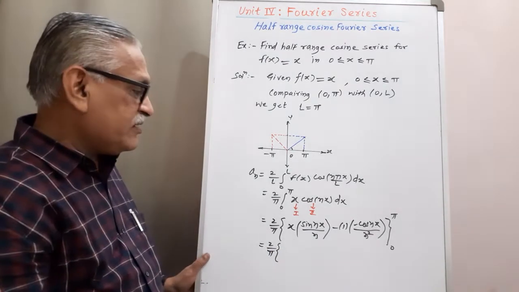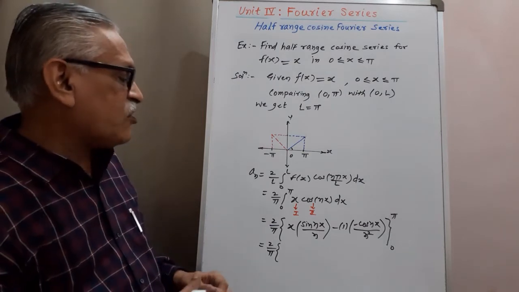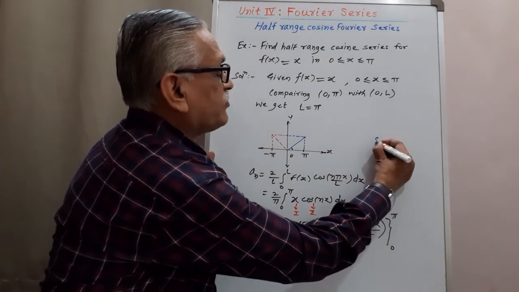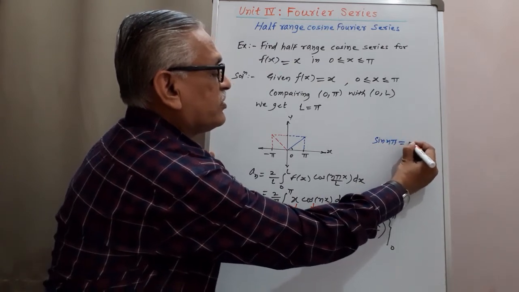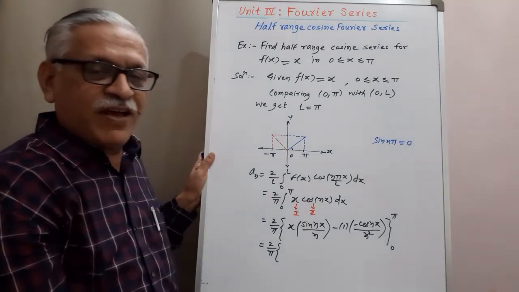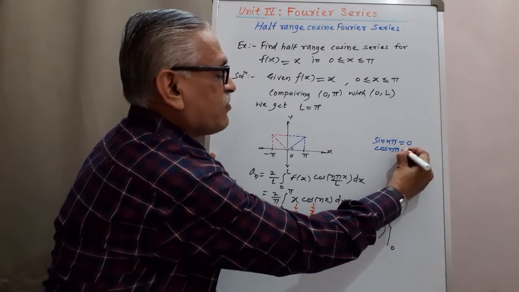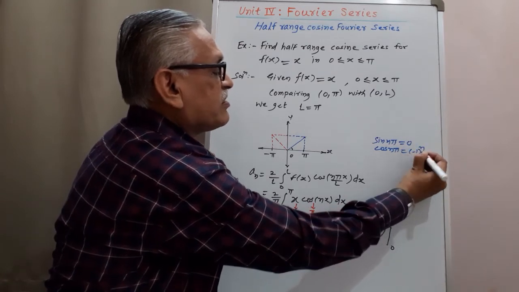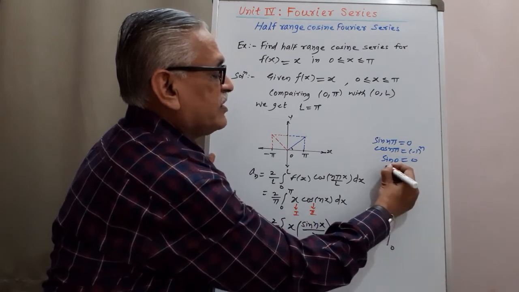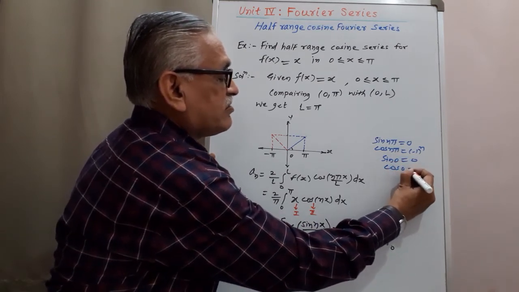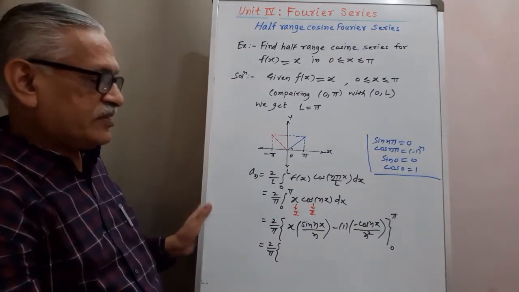Substituting the upper and lower limit, for the upper limit it becomes sin n pi and cos n pi. The value of sin n pi is known, it is equal to 0, standard values, and the value of cos n pi is minus 1 raised to n. Sin 0 is 0 and cos 0 is 1. Therefore, these are just standard values.